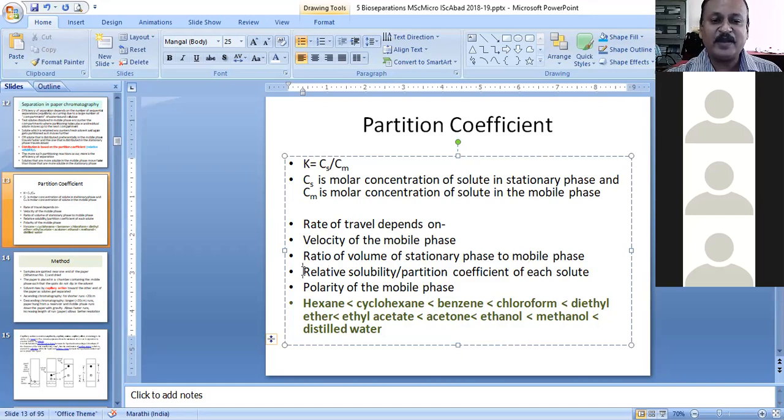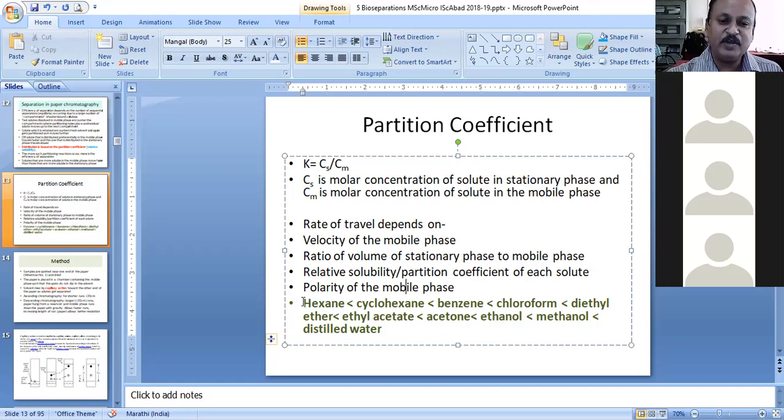Then the important factor again is the relative solubility or the partition coefficient of each solute in the mixture. And the fourth important characteristic is the polarity of the mobile phase. The more polar the mobile phase is, the faster the polar solutes will move. And if the mobile phase is less polar, then the less polar solutes will travel faster with the mobile phase,